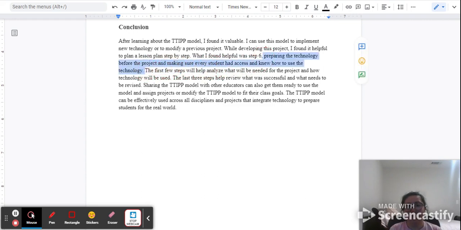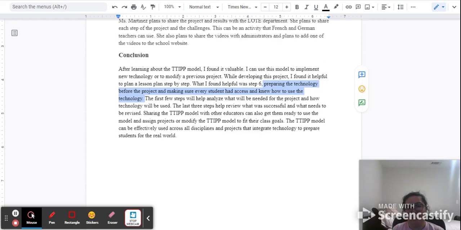educators to know what technology needs to be used, and making sure that students have access and know how to use it. And I just believe that this model can help educators in the long run to integrate technology and prepare students for real world interactions. And so this is my